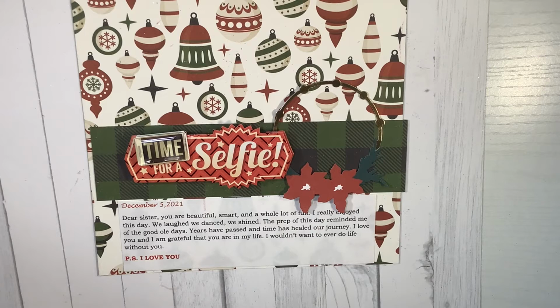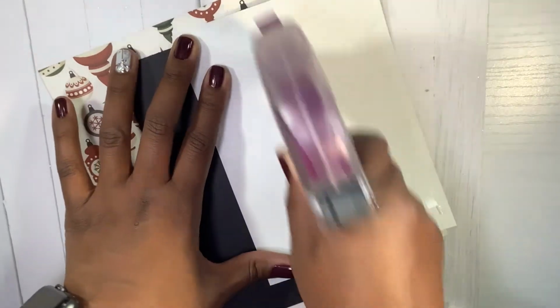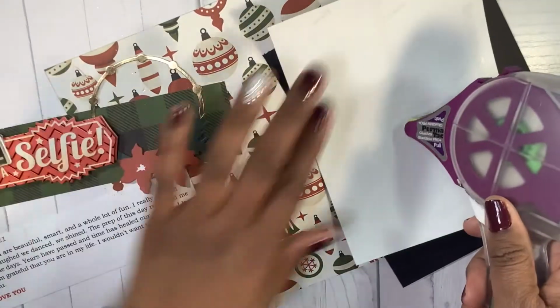So while I was digging, I found this other photo of me and my sister. So I'm going to add that to this layout. I was just going to do one 5x7, but I had that picture printed out. So I'm going to go ahead and adhere that to some black cardstock, and then I'm going to add it to this layout. So I'm going to go ahead and add some glue to the back of this photo,